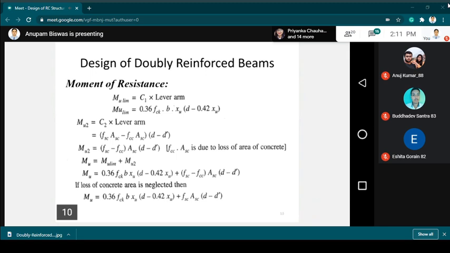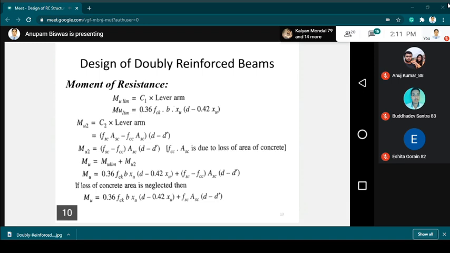Next, let us move to the calculation of moment of resistance. So we know that moment of resistance is equal to the value of corresponding compressive force multiplied by the lever arm distance, which stands as C1 into lever arm. So value of C1 you provide, and Mu2 is your C2 into lever arm. So value of lever arm for C2 is d minus d dash, and value for lever arm for C1 is d minus 0.42 XU. Okay,